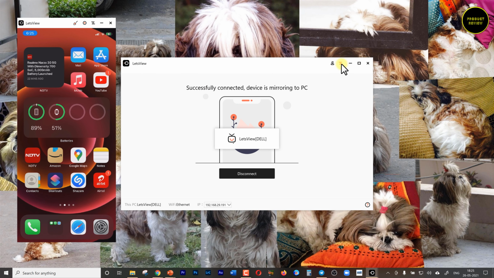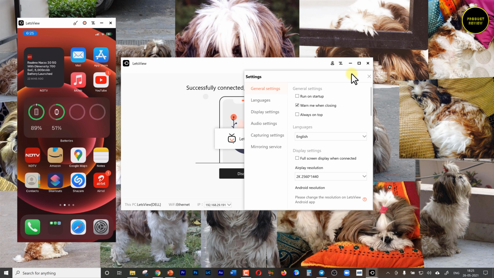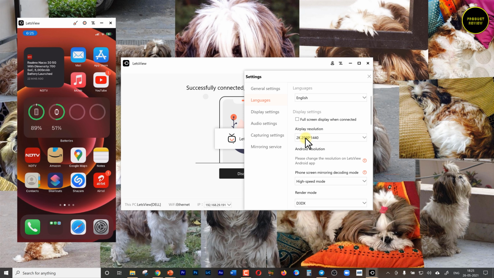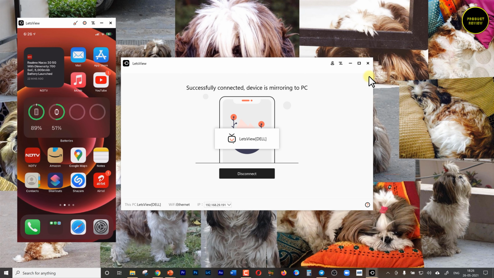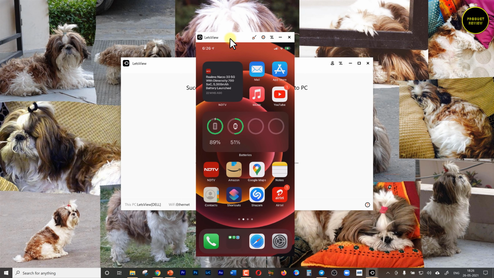First, let us look at the resolution. Go to the app and click the three lines called the hamburger icon. Click Settings. You can check the AirPlay resolution and set the resolution you want. Mine is set at 2K. Generally, if you want no delay between the content being shown on the phone and on the screen, choose a little lower resolution. But if you're watching a picture or some website, you may choose a higher one also.